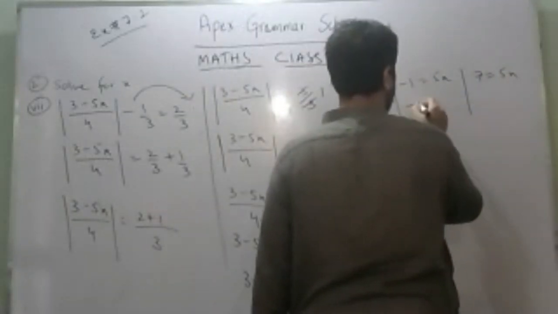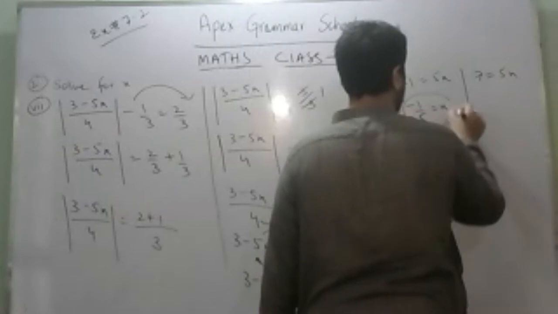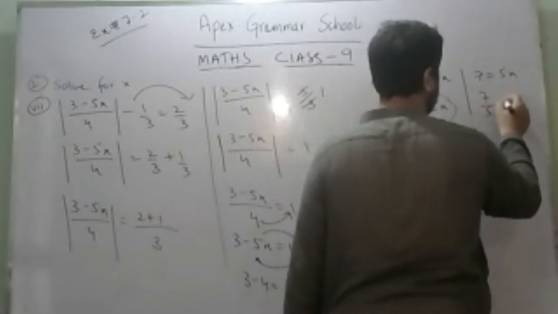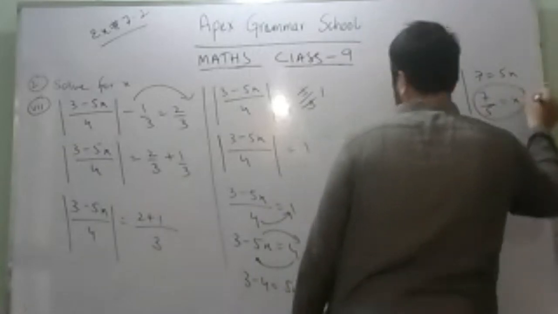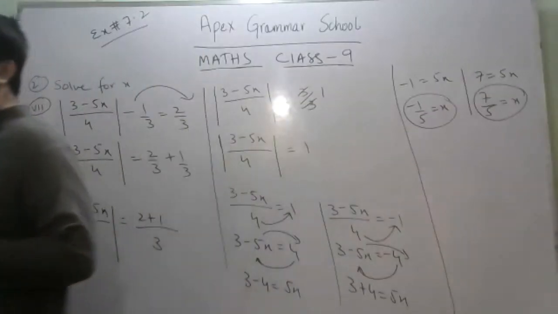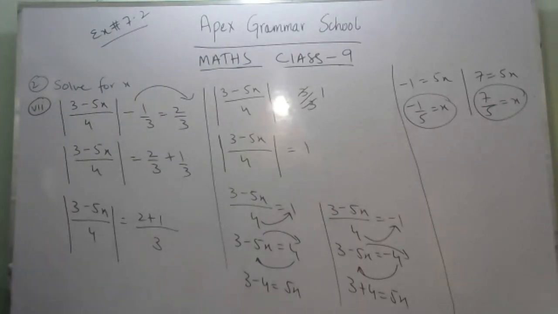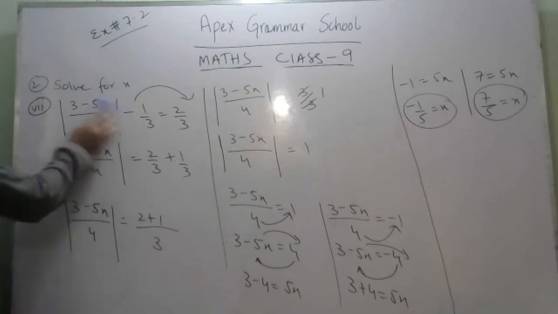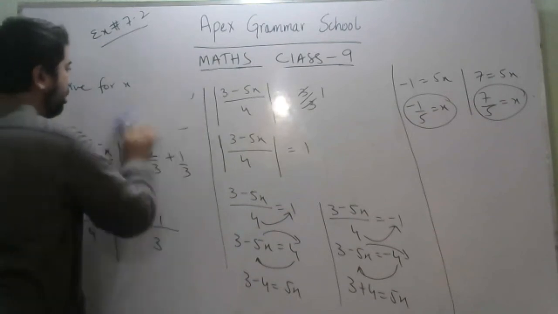This 5 will be divided. This 5 will also be divided. Now for this question again you have 2 values of x. Now the last part of this question is again just like part number 1. So the last part is